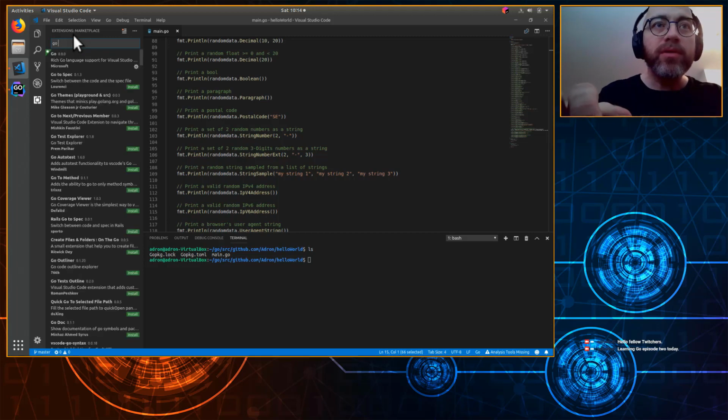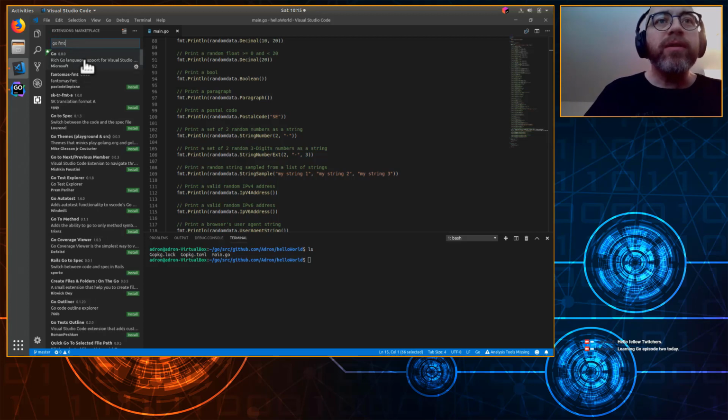Why is it not? Let me put, there we go. Couldn't put a space in it for a second. So a lot of these things go to spec. Switch between the code and the spec file. SK translation format A. Well, some of these are a little weird, but see, Go, all sorts of plugins for Go